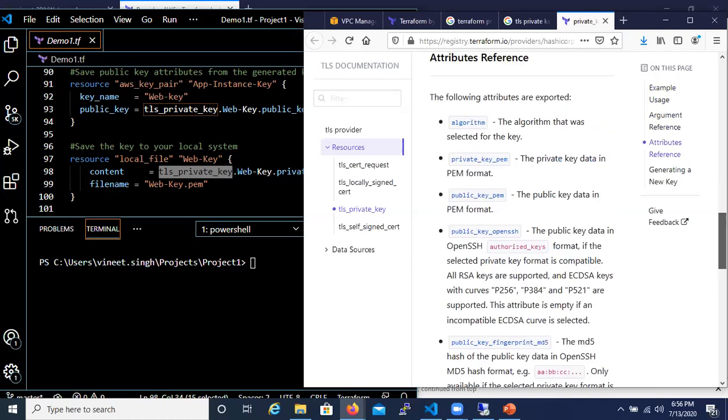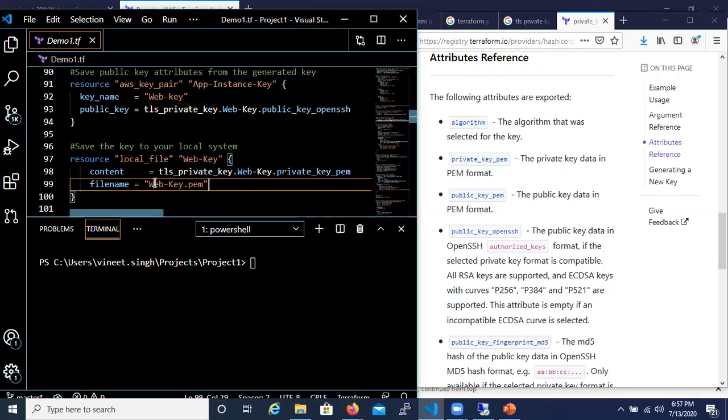I want to save the private key, so this private underscore key underscore PEM. The private key data is then stored in the PEM format. And I want to save this as web-key.pem on my local system.